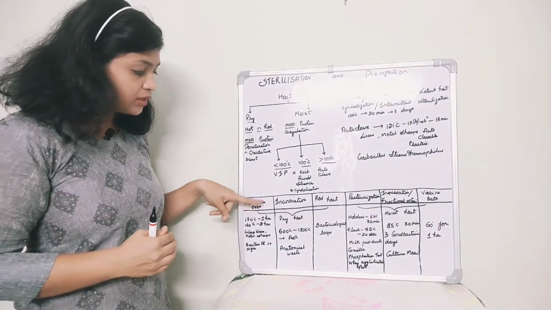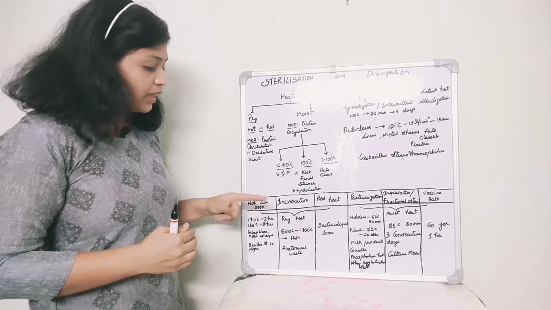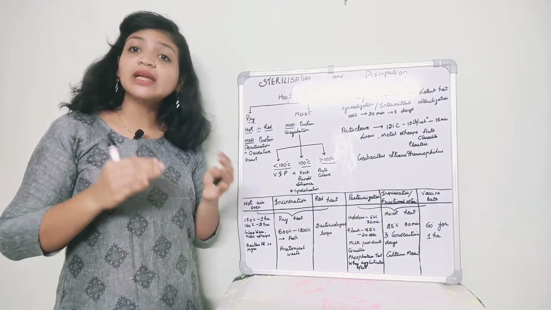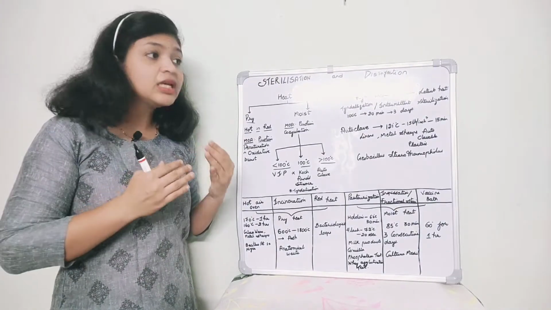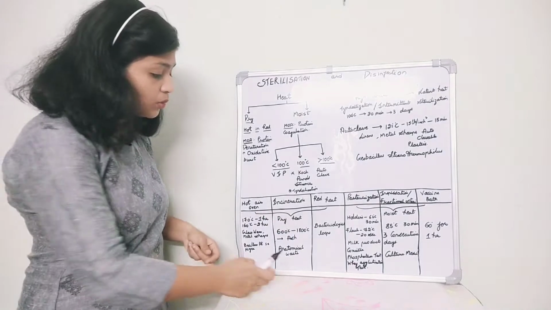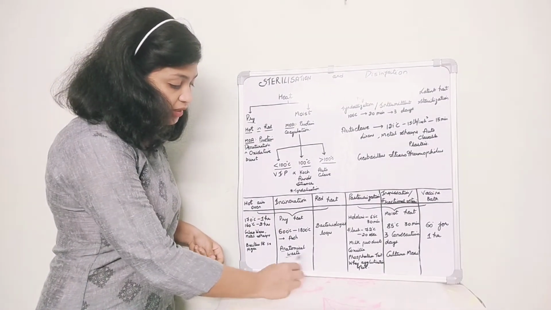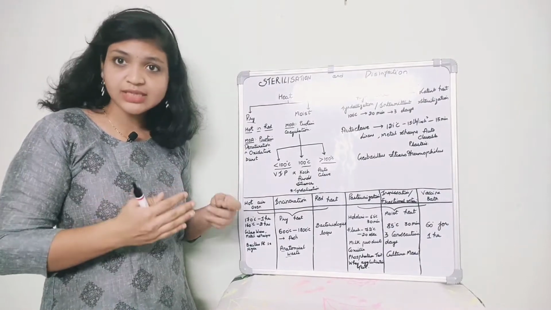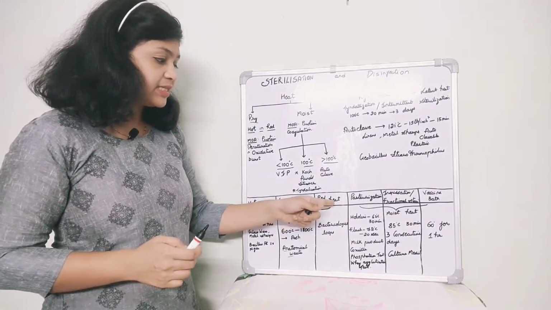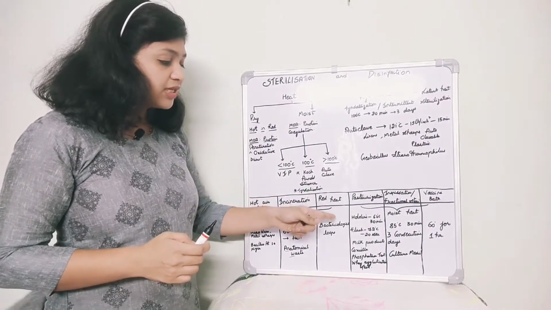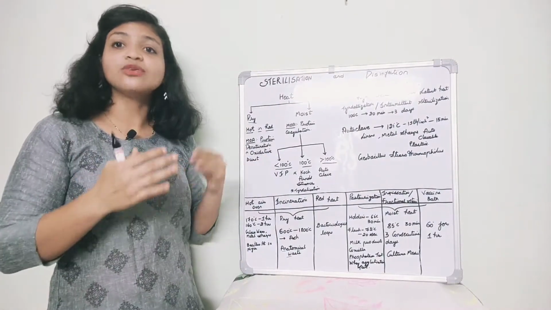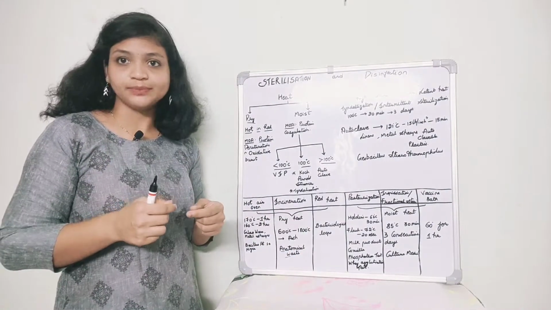After finishing hot air oven, next we are going to incineration. In incineration, the temperature we use is 600 degrees Celsius to 1800 degrees Celsius, and when we heat to that extent, that is 1800 degrees Celsius, what we get is ash. The substance treated here is anatomical waste, and for anatomical waste we use this process called incineration. Next one is red heat. This also comes under dry heat. In red heat, the substances which are sterilized are bacteriological loops.